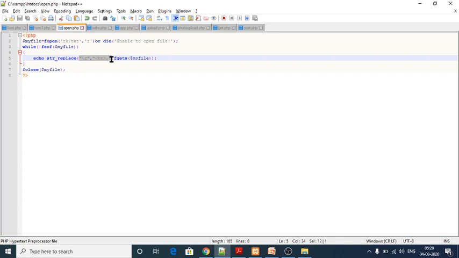Br is nothing but break tag, which helps you to break a single line into multi lines.